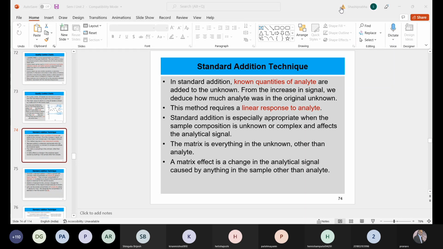Now, if the concentration is very, very low, and you will find there are so many samples which have very, very low concentration. In that case, हमको क्या करना होगा, हमको ये करना होगा कि हम रेंज तो ज्यादा नीचे नहीं जा सकते